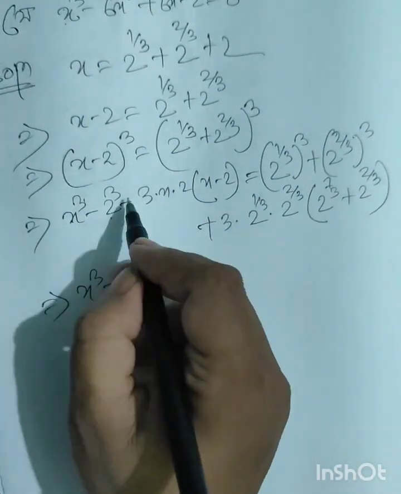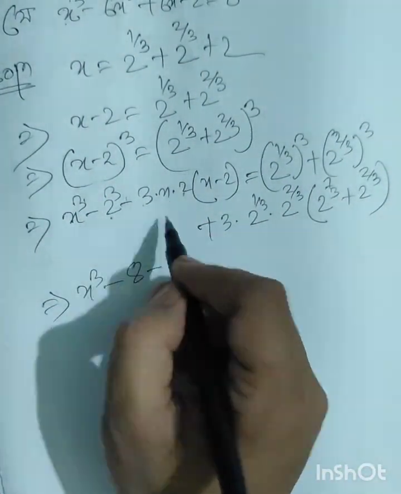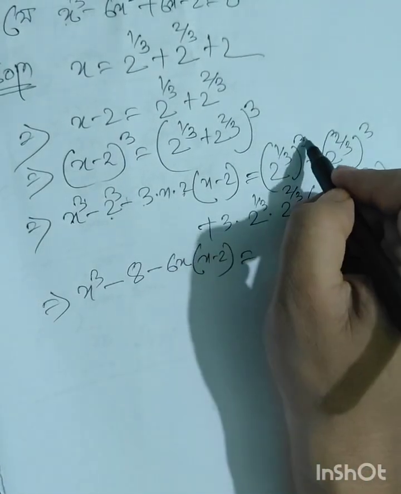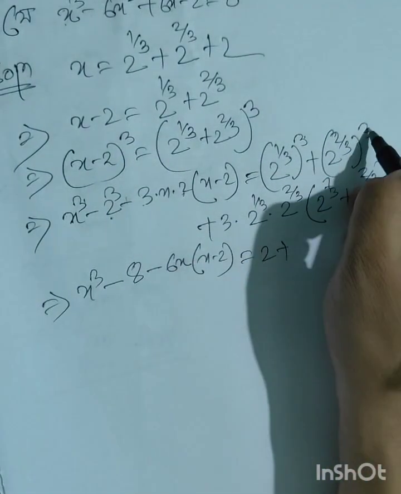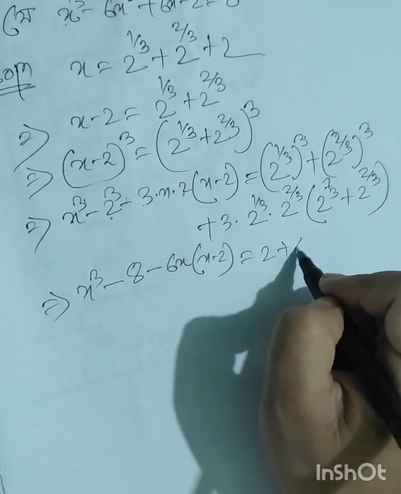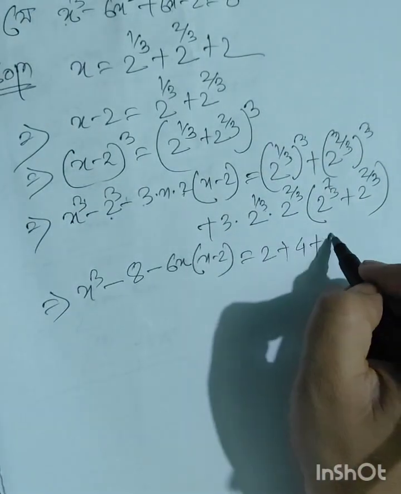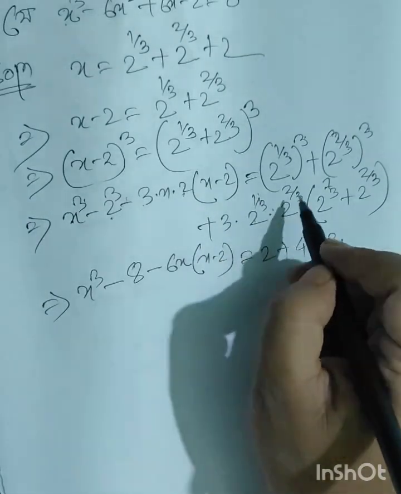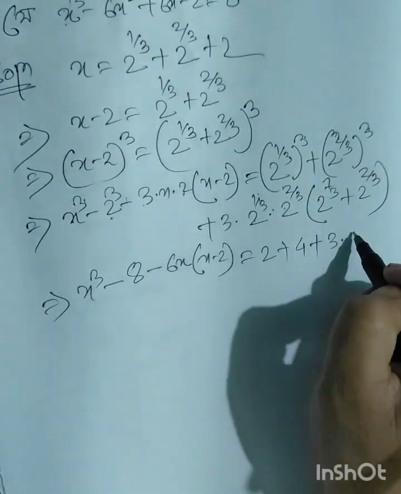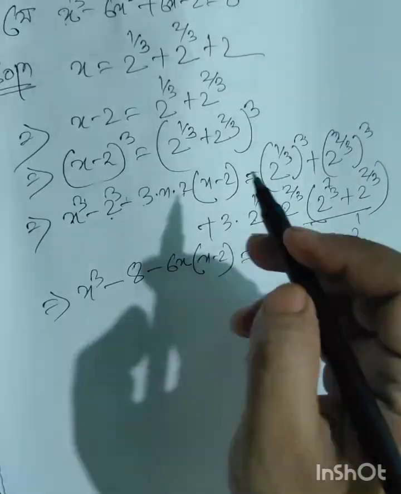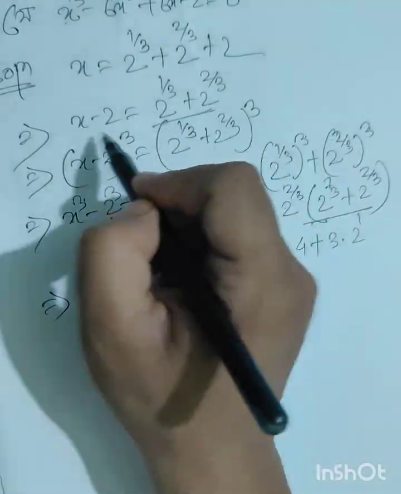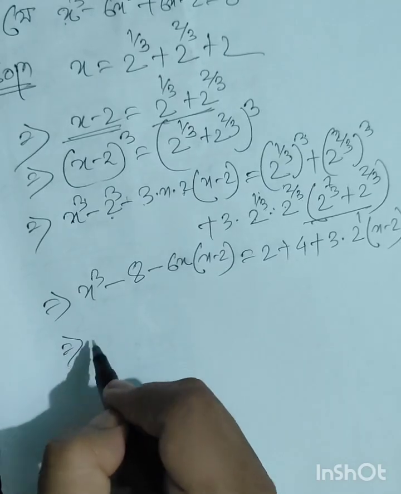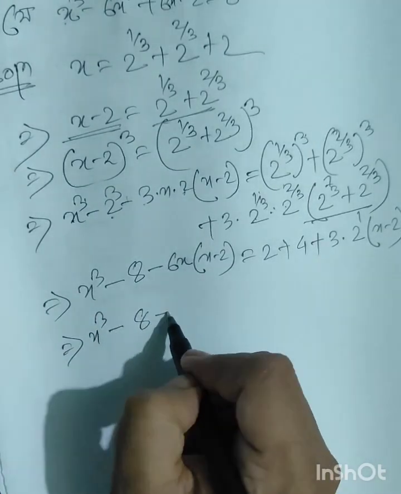এতিয়া চাবা এটো x cube, ঠিক আছে, 2 cube মানে আমি লিখিম 8, 3 গুণ 6x into x minus 2. ইয়াত কি হ'ব, 8 আৰু 8 cancel যায়, 2 থাকিব, 2 square মানে আমি লিখিম 4 plus 2. 3 ইয়াত 2 to the power 1 by 3 into 2 to the power 2 by 3 যদি যোগ কৰো আমি 2 to the power 1 পাম. আৰু এটো হলনি লিখিম আমি x minus 2. এতিয়া চাবা x cube minus 8 minus